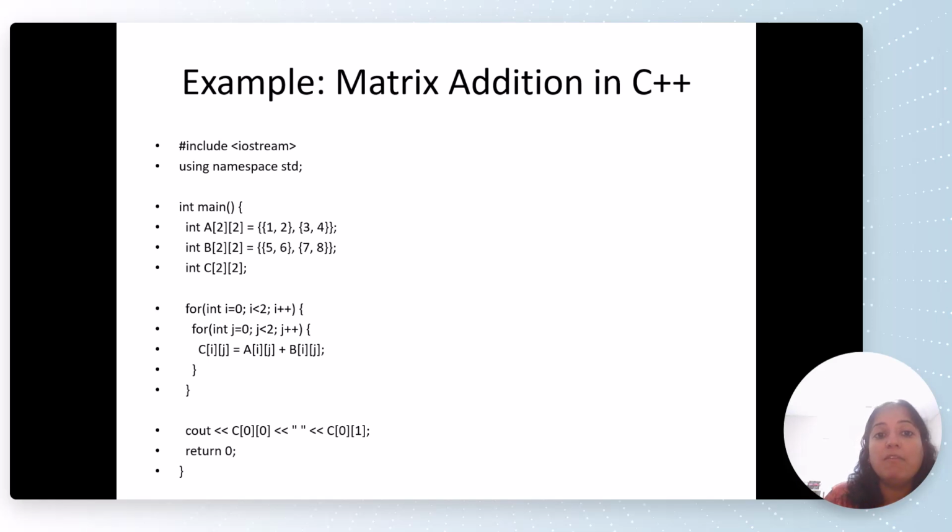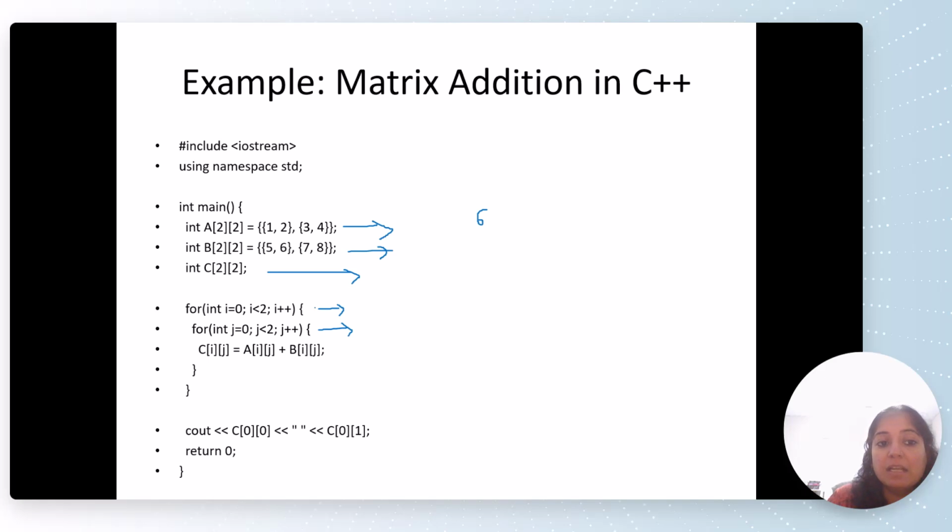This is an example of matrix addition in C++. Here we have defined 2 matrices of size 2 by 2 and another matrix C that we have created to store the result of matrix addition. So there is a first loop and a second loop. The first loop is for the number of rows, the second loop for the number of columns. So C[i][j] equals A[i][j] plus B[i][j]. In matrix addition, we add the corresponding elements. So it will add the corresponding elements, like 1 plus 5 will go on the first index,